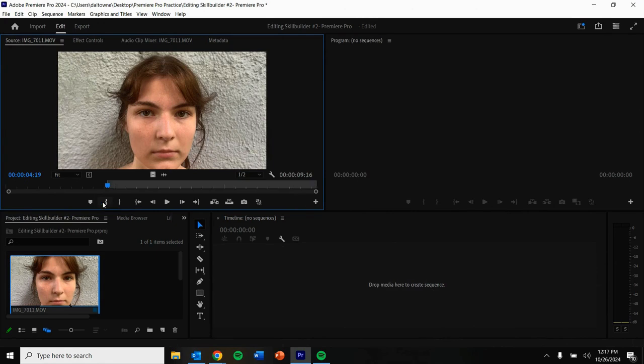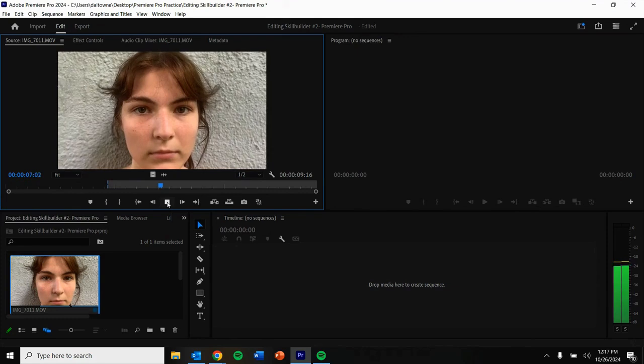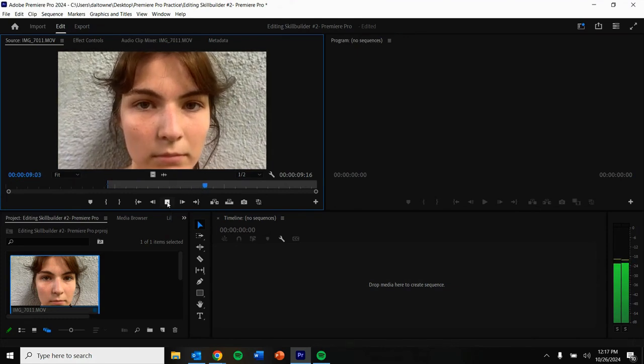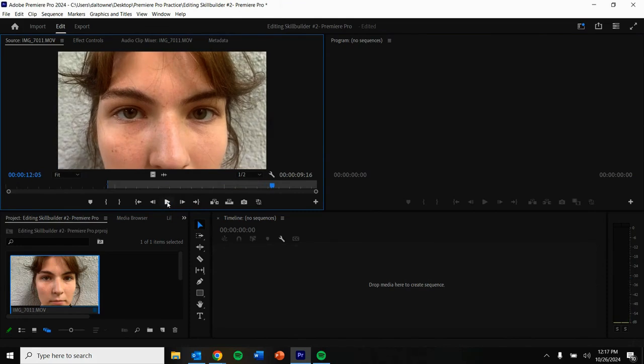If I click that, that's going to automatically clip off some of that clip and trim it in the source window. It does not affect it down in your media browser, but up in the source window, it will clip it. And then let's say that I continue to play it and decide where I want to clip it on the out part, on the end of it. Maybe I want to shorten the clip right there. And then I could do my mark out. And so it automatically shortens the clip,